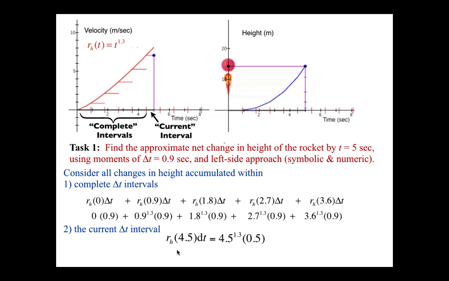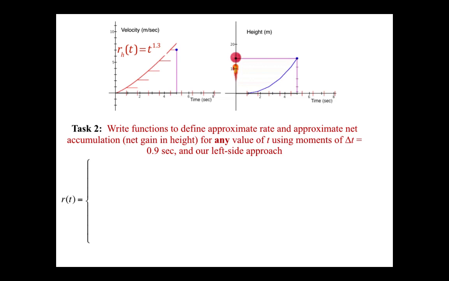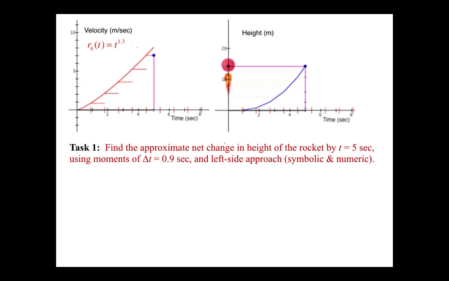That would be a whole separate question, how to figure out height as opposed to just accumulations in height or gains in height. But our premise that we're working towards is, since a lot of this is the same for any value of t, this was a specific question, find the approximate change in the height by t equals 5 seconds. I copied this just for your own, like, maybe horror, we could write this out again as a piecewise function. But in reality, to answer any question,